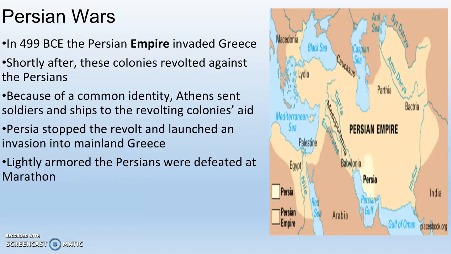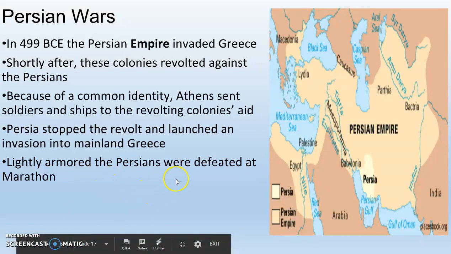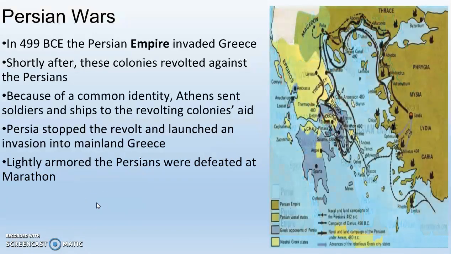So the Greeks look around. They've been fighting each other for centuries, and they're like, oh my gosh, the Persians are coming, and we don't know what to do. We're lots of weak, independent city-states. They're a big, strong empire with thousands of soldiers. We should team up because we're actually kind of all similar. We have the same religion, the same language. We kind of sort of all have the same government. We should team up because we're all really Greeks at the end of the day and beat back these Persians. Ultimately, this happens because of the hoplite phalanx. The Persians are defeated at the Battle of Marathon right outside of Athens.